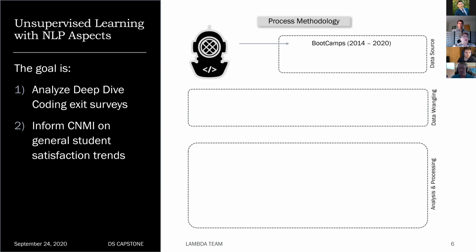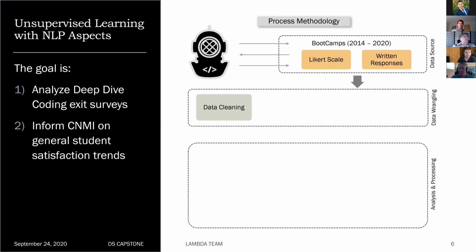We received the data as multiple Excel worksheets, and the question responses were in 2 forms: Likert scale with a range from strongly agree to strongly disagree, and written responses. Next, we need to do some data cleaning. That is, we cleaned up the responses. An example of this is time spent out of class. The answers varied greatly and appear to be actually a translation problem from the survey tool to Microsoft Excel. To correct this, we label encoded or translated to create distinct groupings.